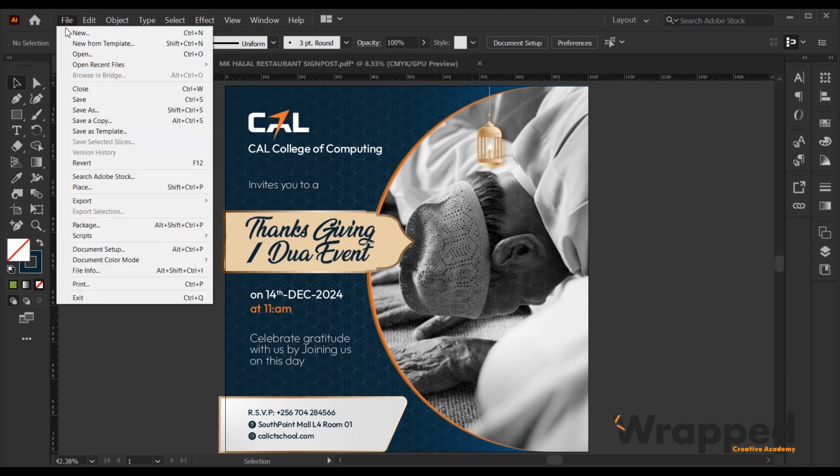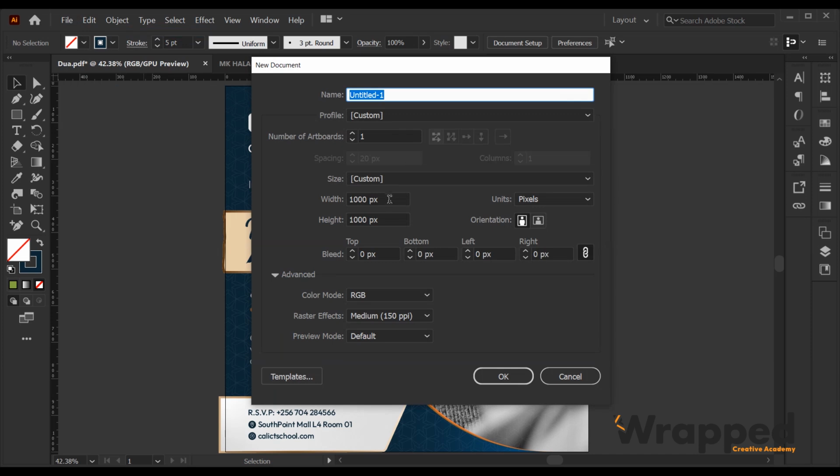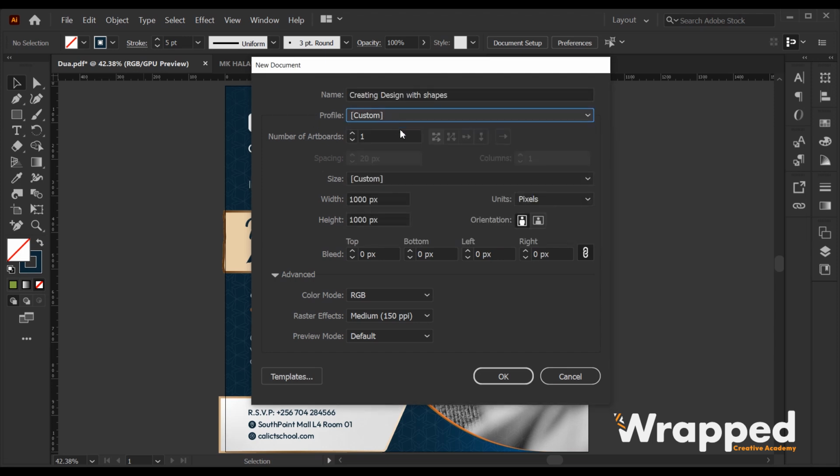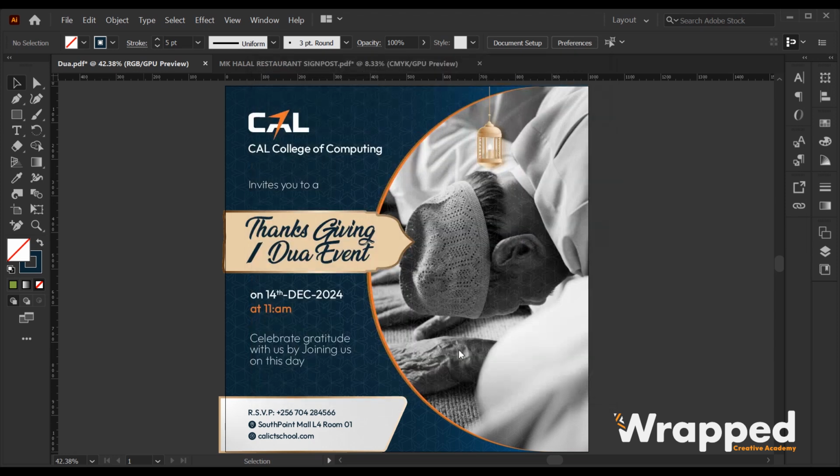So we are going to create a new file. Let's create a new file. Let's say, designing with shapes. Creating design with shapes, and let's save it for web. Then we shall use 1000 by 1000 pixels, in this case RGB. Then we shall make it medium resolution. Okay,